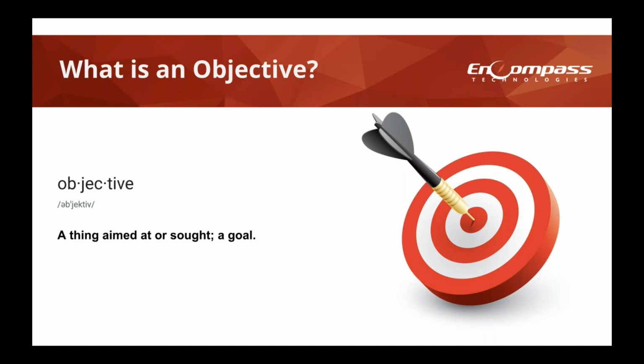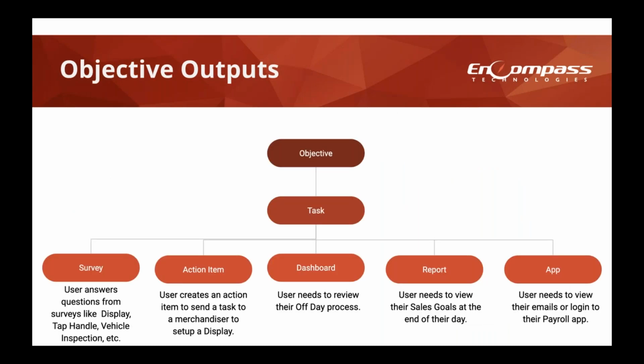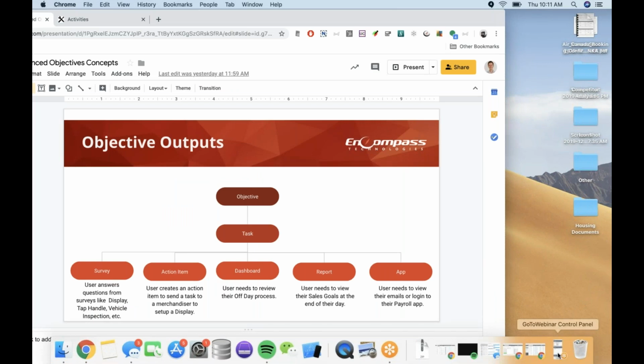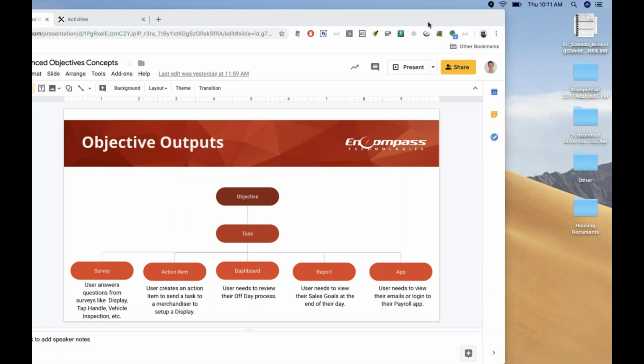Now, those actionable items may come in many different forms, and one of those forms is surveys. And that's, again, what Stephen covered last time. But what we're going to do is branch out of that into some of the other objectives that we can have people do in the field, and what it looks like to set those up. So to give you some sort of visual here, I gave us a little diagram. I want to check our questions real quick first before we go over this.